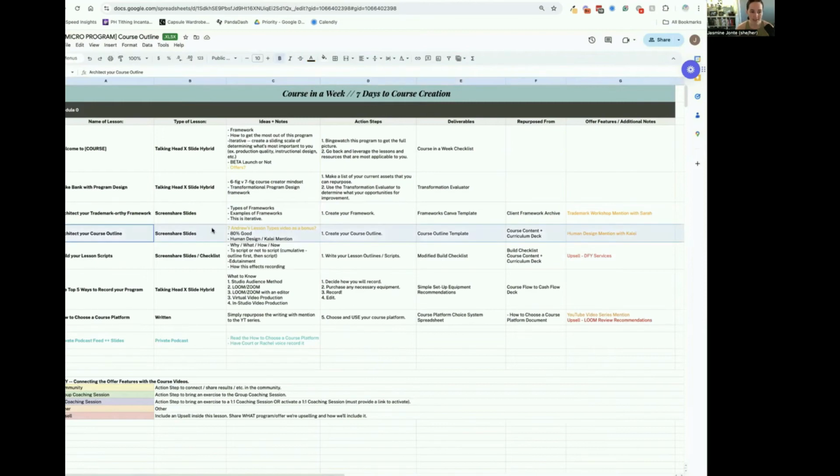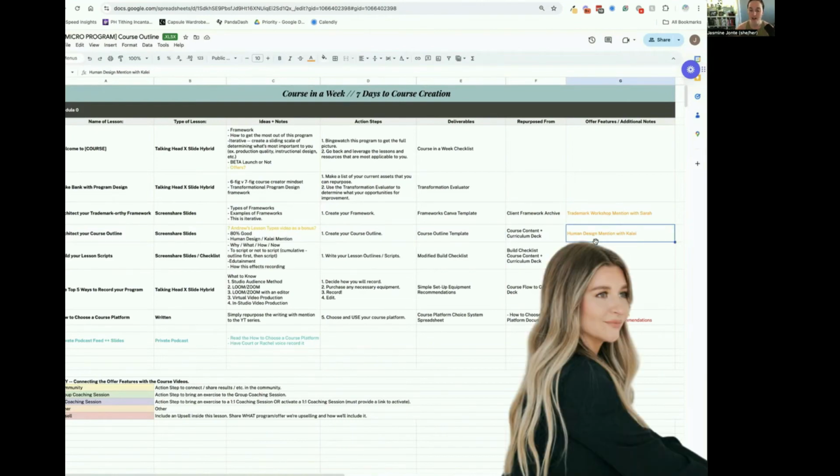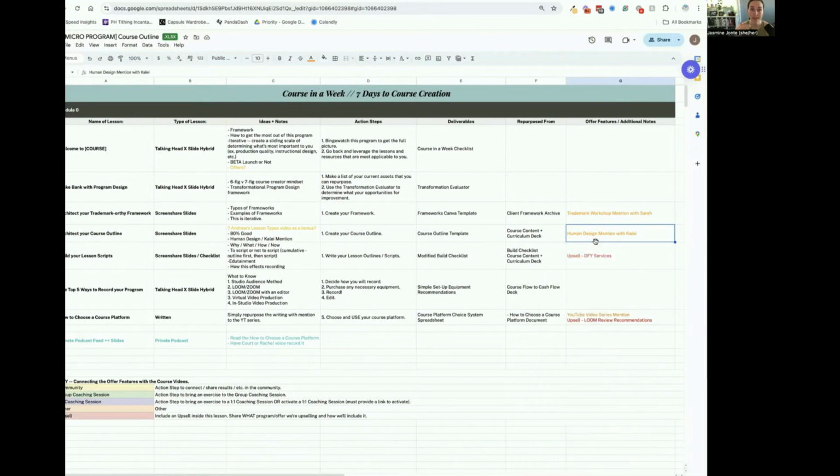Next lesson is about architecting the course outline. I am going to give them this course outline template. And I'm also going to do a mention to my favorite human design business resource, Kaylee from Expanded Flow, if you follow her on Instagram. I find that human design is a tool that helps us work with our clients. We use it for all of our clients who are open to it, and we use it for the entire process. But it really is so helpful on this course outline day because I find people get stuck here